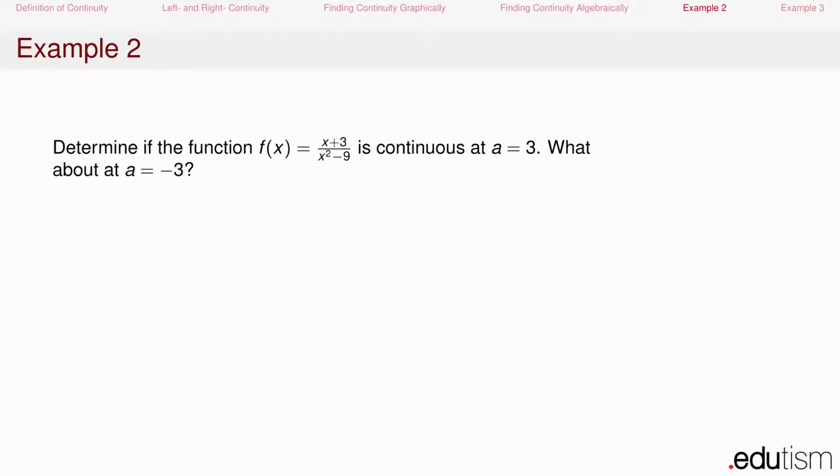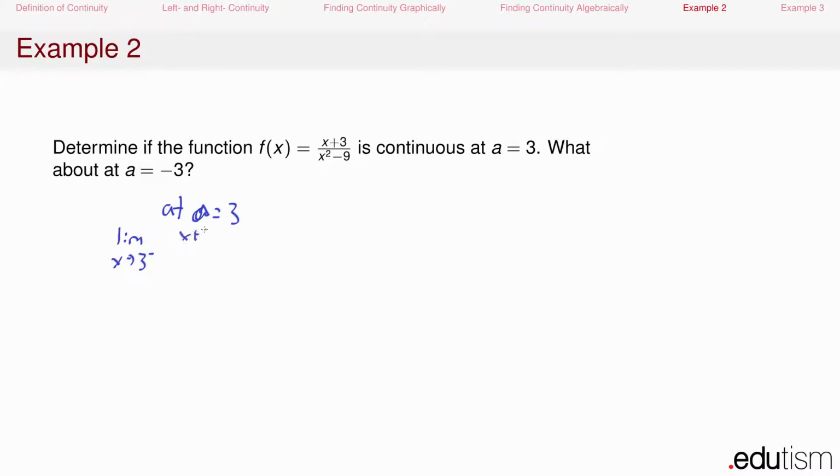So here's an example of a non-piecewise function where we want to determine where it's continuous. First, we want to determine if it's continuous at a equals 3, and then at a equals negative 3. Well, for continuity, at a equals 3, we need to evaluate the limit from the left, the limit from the right, and the value of the function. Well, first, I'm going to do the limit as x goes to 3 from the left